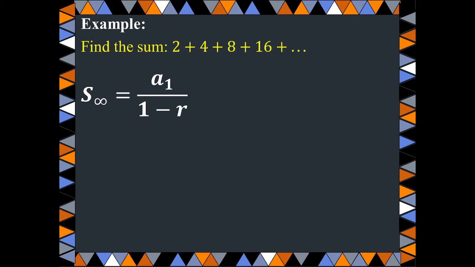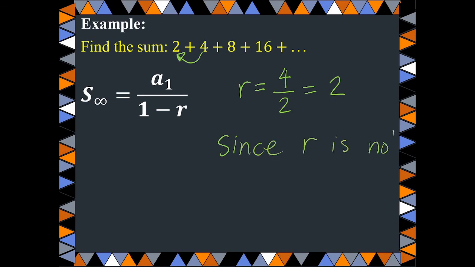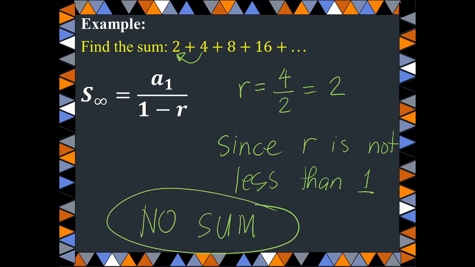This one. Let's get the common ratio. What's the common ratio? You divide. 2. Now my question, is 2 less than 1? No. Since our r is not less than 1, no sum will be computed. Dili ta mo compute ana kay it defeats the condition nga dapat ang r is less than 1. So dili ta mo compute ana. Are there any concerns or questions